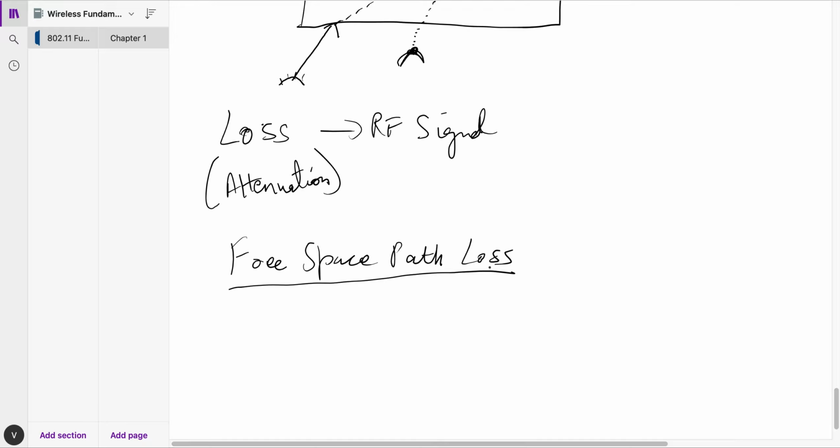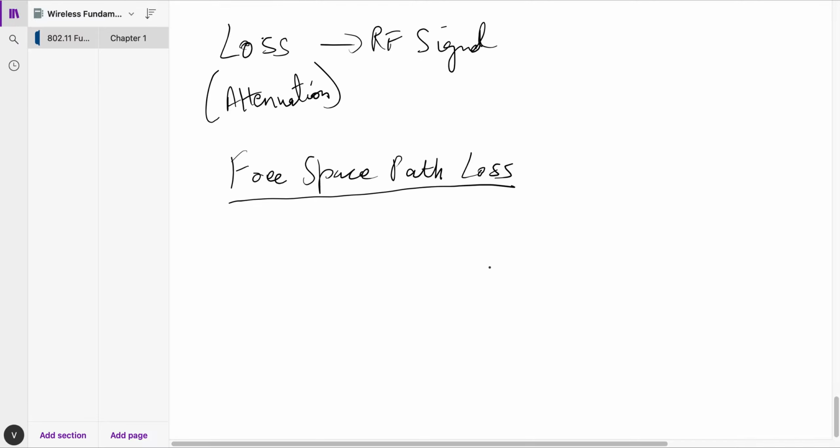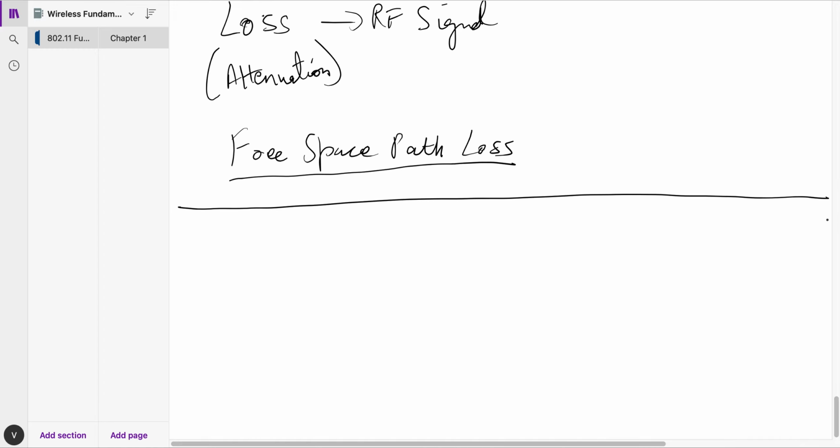Cool. So these are some characteristics about wave propagation and some behaviors of it, which you should know, which will cause heavy loss in the practical world. The next concept is a bit detailed. I want you to know it. Let's move to a new page altogether. We will discuss the concept of